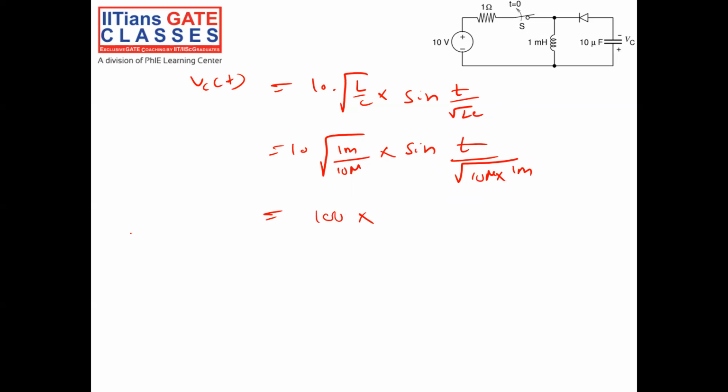It is root over 1 by LC, that is 1 by root over of L into C. L is 1 milli into C is 10 power of minus 5. So I got